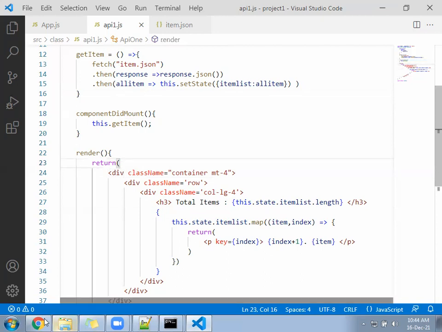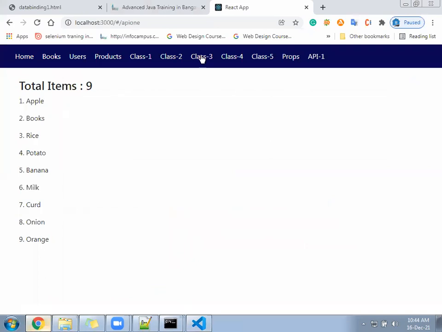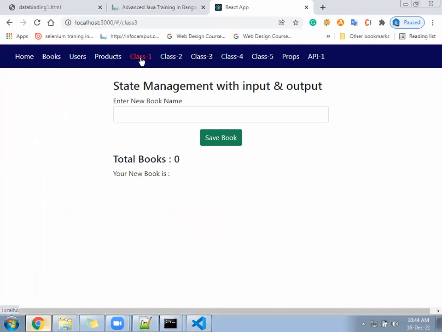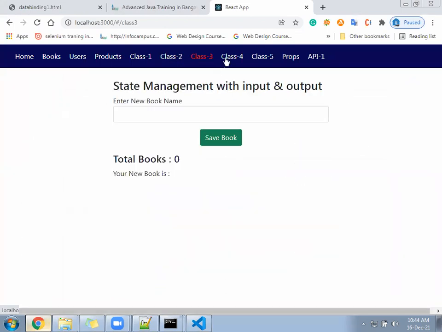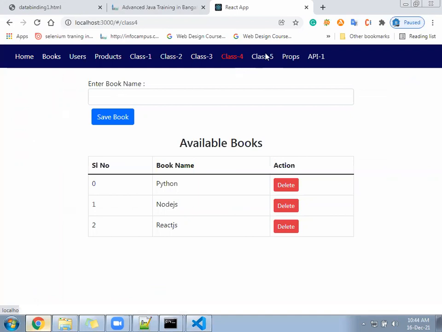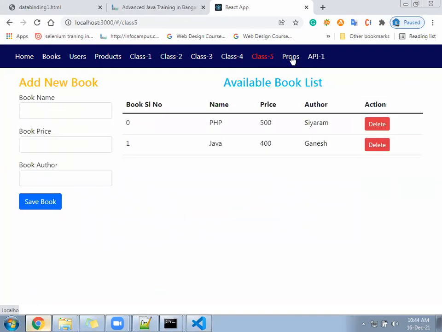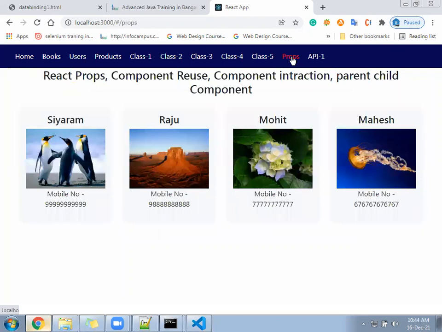Till date, whichever examples we have created were not random. See here, how I have explained the class examples. I gave one example first, state management and how it works. Second, a little higher level. Third, a little higher level. Fourth, fifth, each a little higher level. Then now sixth, we are moving towards the next. In this sequence also, if you do not do the assignment, if you are missing the keywords, you are not able to remember, that means only one thing: you are not practicing at home. If you do not practice at home, it's a big problem for you.